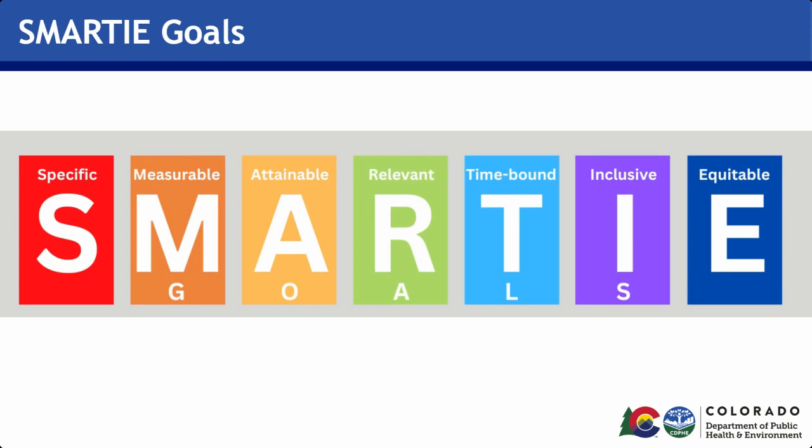Here are the SMARTIE goals, just a visual here for you, and they're basically SMART goals, but they include inclusive and equitable at the end, which I think is important to add anytime we're doing SMART goals. Just start using SMARTIE goals instead. So we can make them specific, measurable, attainable, relevant, time-bound, inclusive, and equitable. And this is great to start adding into everything. You could even use the one assessment that we discussed, where you make sure anything that you're planning isn't hurting a specific group of people, and that it's inclusive and equitable.